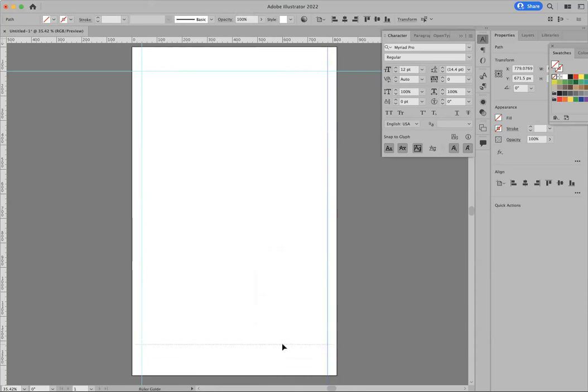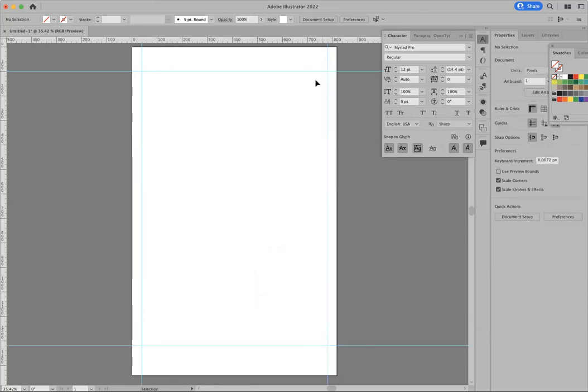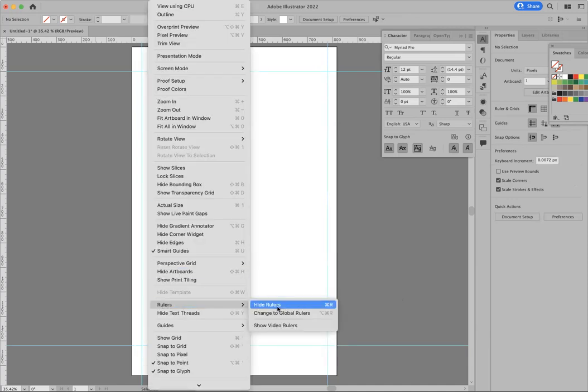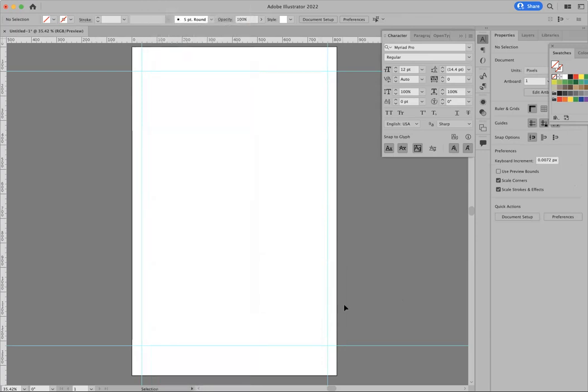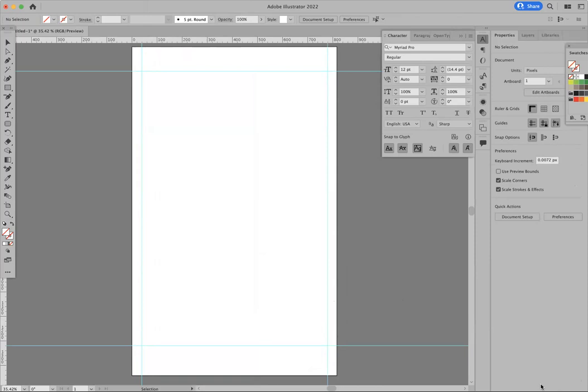You're keeping everything consistent so that you're not having type too close to the edge and your alignment is good. Now you can lock these guides by going up to View, Guides, Lock Guides. You can always delete them, whatever you want to do. All right, so I'm going to start out by creating a very simple menu for a coffee company. And like I said, do your research, super, super important. Get that information,